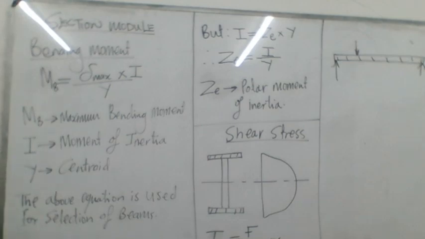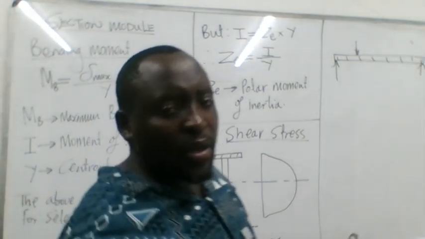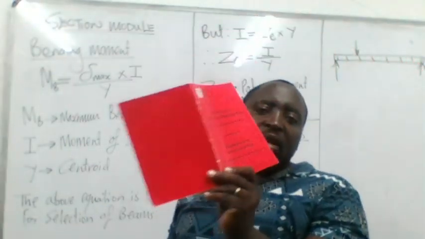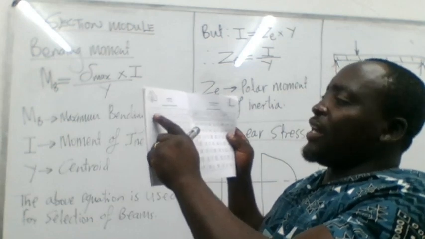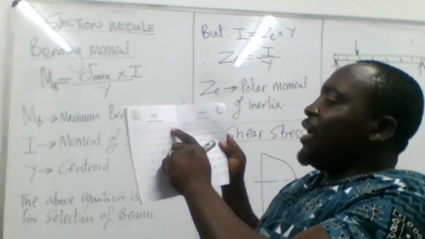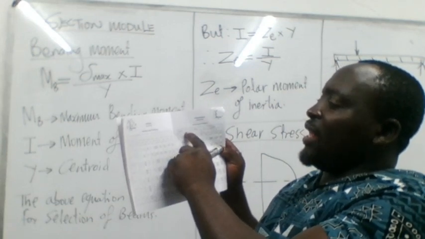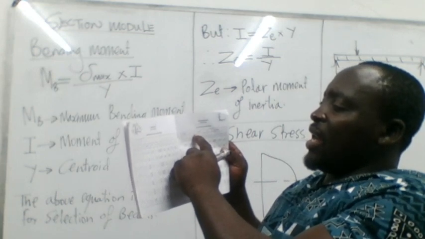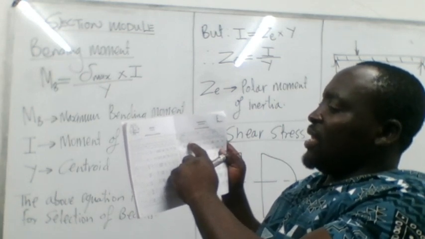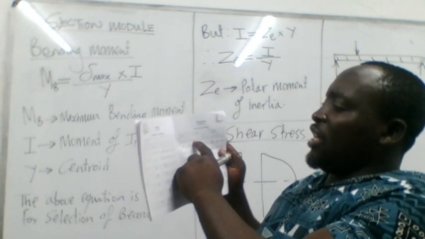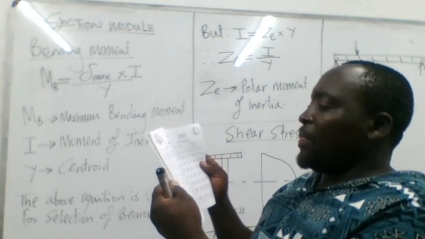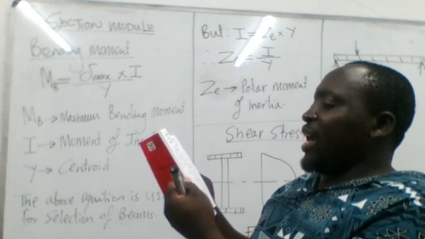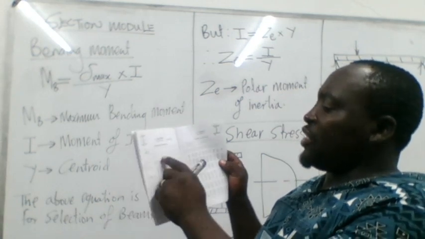If you check inside the tables, on each member it shows I in the x-axis and I in the y-axis, as well as Z. It also shows you the Y position